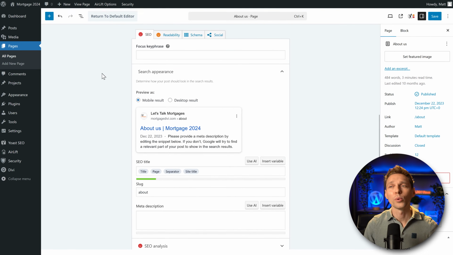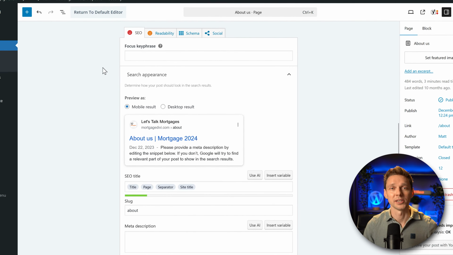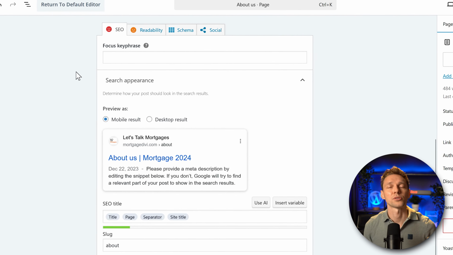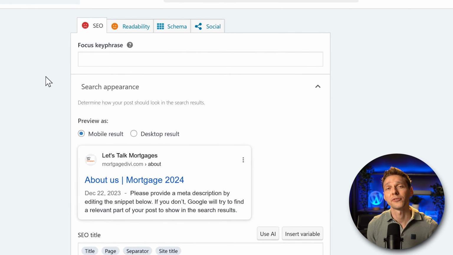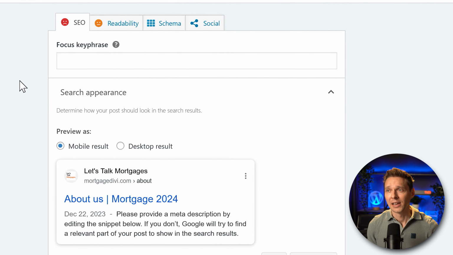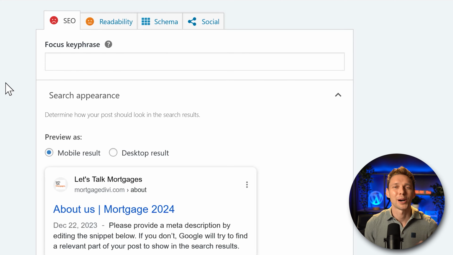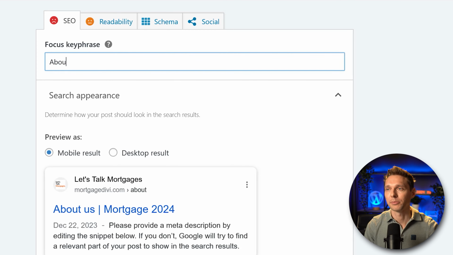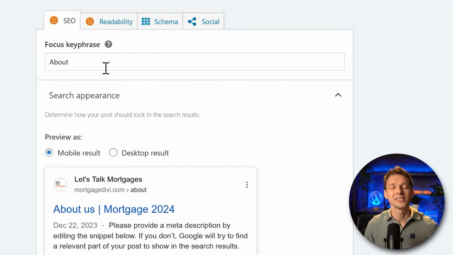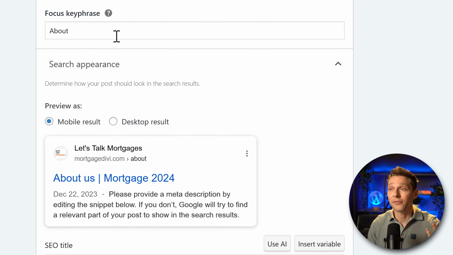First of all, we always start with the focus key phrase. On what sentence or word or key phrase do you want this page to be found in the search engines? The About page, to be honest, will never really pop up in Google when you search on About, because that's just strange. So we're going to use the key phrase About, but this is only an indication that we have gone through the SEO settings. This page will never rank on About, but it's not the purpose of this page, so that's just fine.